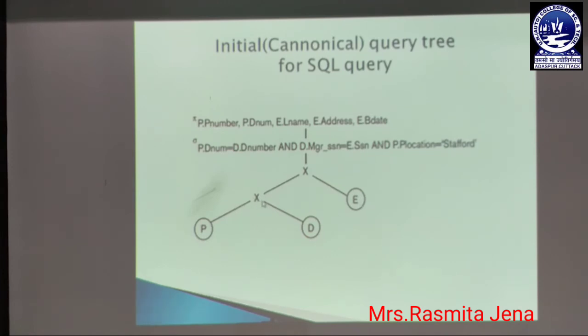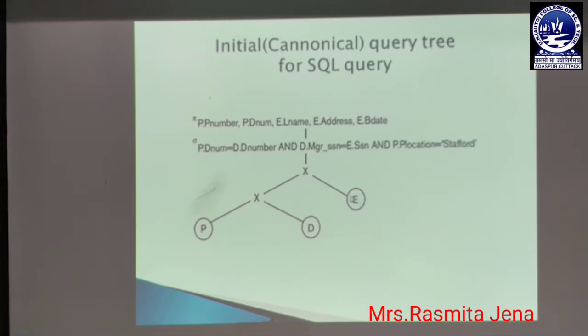These are present at the leaf nodes of the tree. And this is the Cartesian product. This is another method for the relational expression, because if we perform the Cartesian product over all the relations, then in a very simple way we can retrieve our result. So first we perform the Cartesian product between the project table and the department table, and whatever result we get, again we perform the Cartesian product of that output with the employee table. Then we get the final output for the input relations, that is P, D and E: project, department and employee.